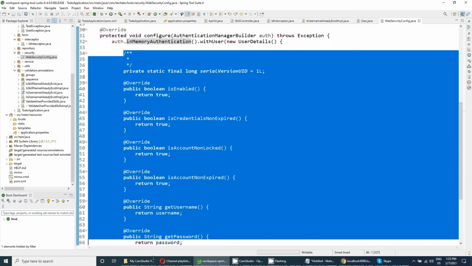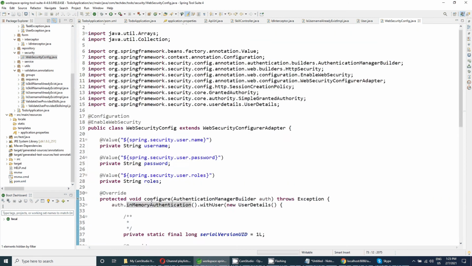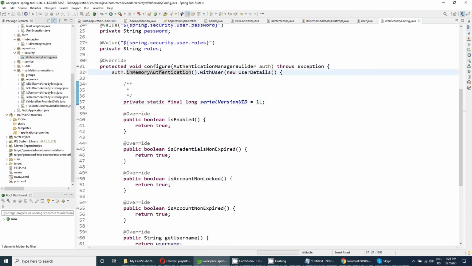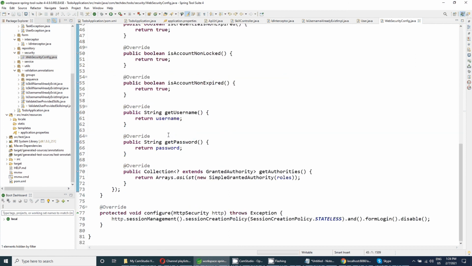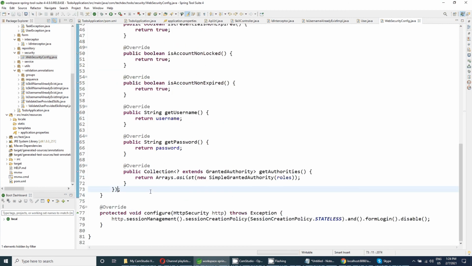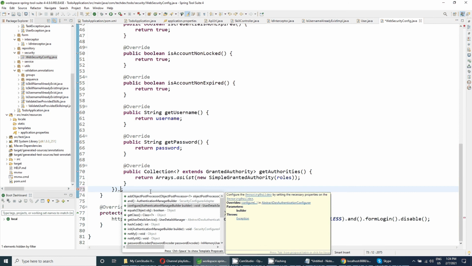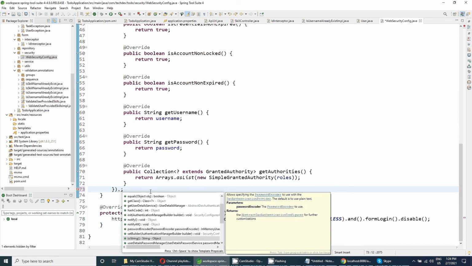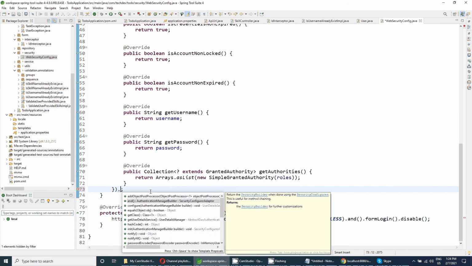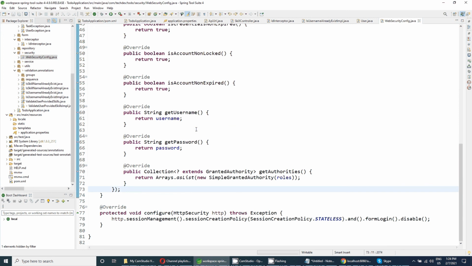We have just given the details here that this is a user which will be available in memory, and the authentication will be in-memory authentication. Now we will need to provide the UserDetailsService also, and other things. Before that, we need to use a password encoder also. Those other details I will cover in the next videos.